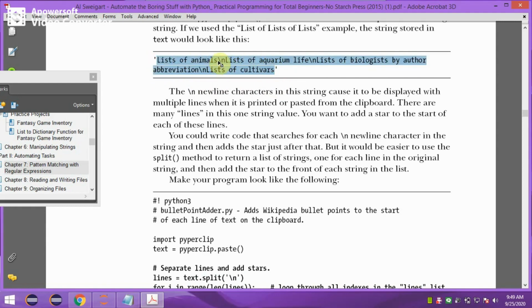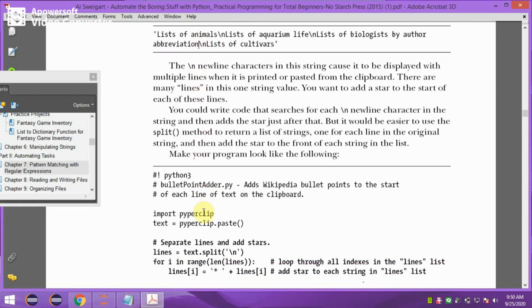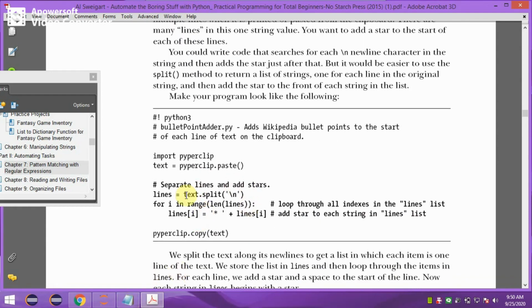Here it contains backslash n as the line separator character. We have to split the text by using that line separator escape sequence character, that is backslash n. To split the text, you have to use the text dot split command with backslash n as the splitter, and we have to store it in the variable lines.